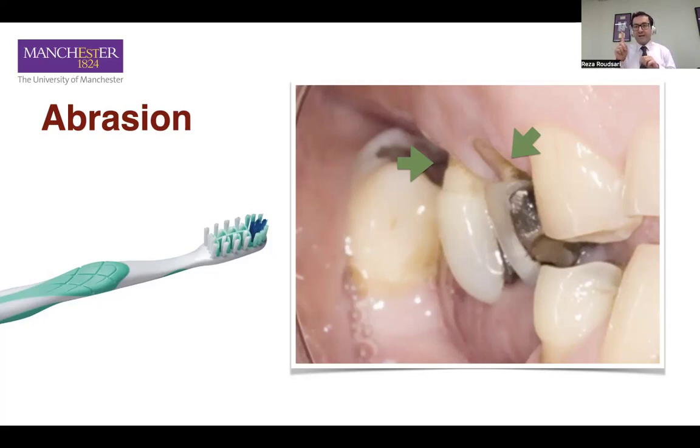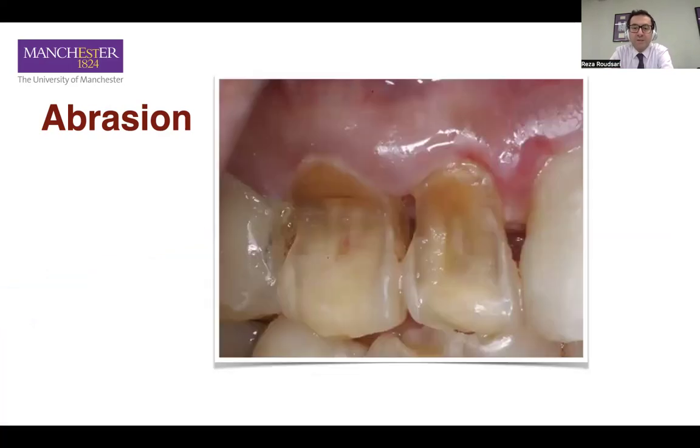But if you've got a toothbrush, an abrasive toothpaste, and a tooth, then it becomes a three-bodied abrasion. So if you've ever heard about two-bodied and three-bodied, that's what it means. And sometimes, abrasion could be quite significant. For example, in this case, you can almost see the pulp on the canine shining through this chap who was